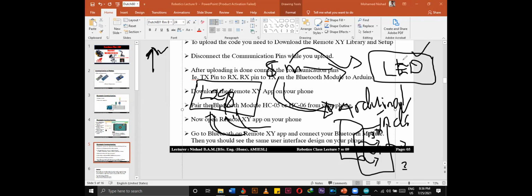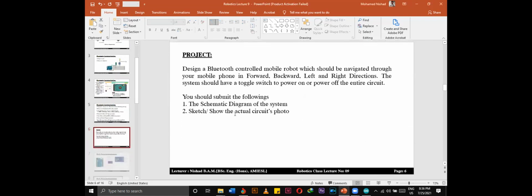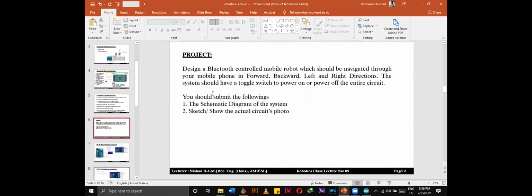So if we learn to turn on the LEDs, that means we can turn on whatever the components, right? We can also, of course, deal with the servo motors and robo arms, etc., right. Now we have a project. That means a homework,